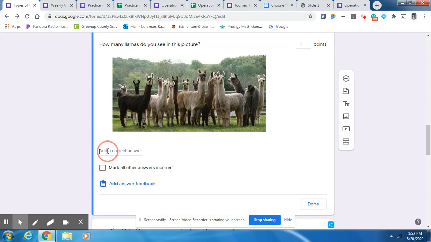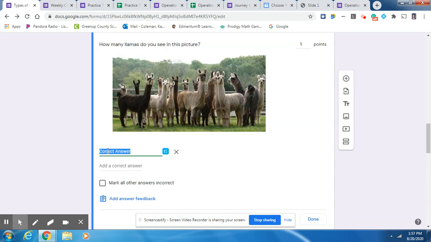And you can add a correct answer. I honestly have not counted how many llamas are in this picture, but say there are 15 llamas. That's probably not true. Say there's 15 llamas. Well, you can put 15, the number 15,